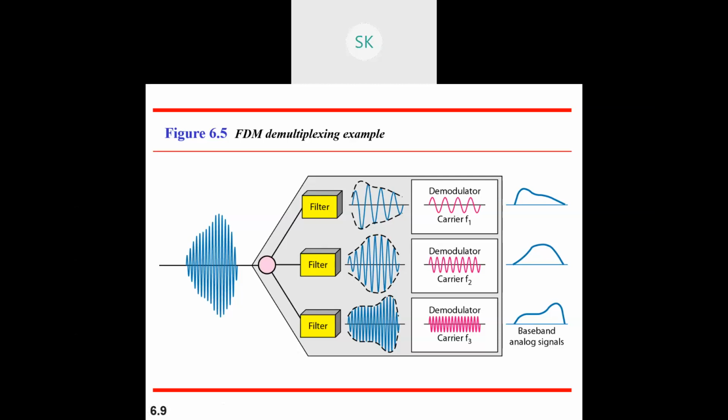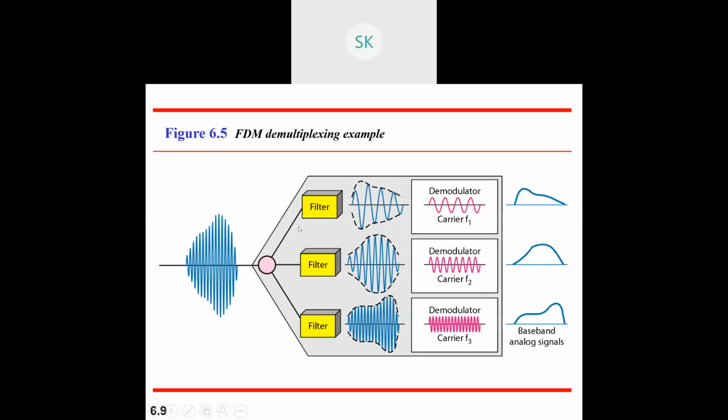Now you have a carrier frequency which will be generated by your modulator or any particular circuit. Since we are using analog signals, analog-to-analog conversion, we had three different techniques. One is with respect to your frequency, you can change it. Another is with respect to your amplitude. The other is with respect to your phase. So frequency modulation, that is FM, amplitude modulation, that is AM, and phase modulation, that is PM. Like this, we have divided ourselves.